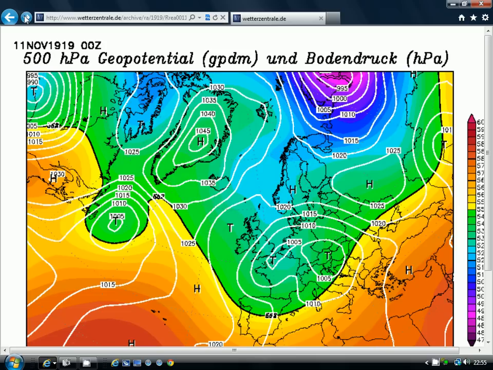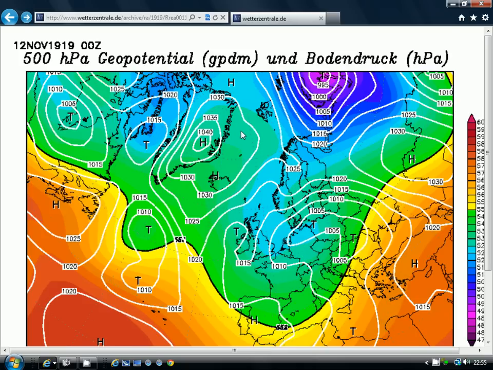But as we go through to the 11th, that low pressure moves away to the east, and now we open the floodgates towards that cold plunge of air moving down from the north. So it's really from the 11th that the severely cold spell sets in as we go through the middle stages of November. So this is quite an extraordinary cold spell with these northerly winds coming down across the country, and